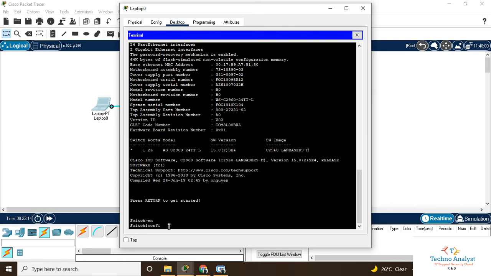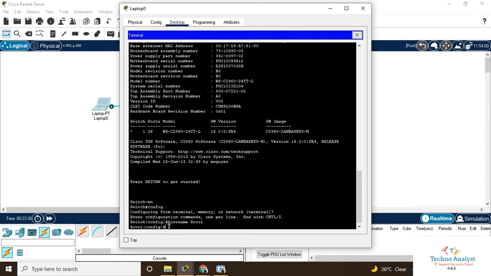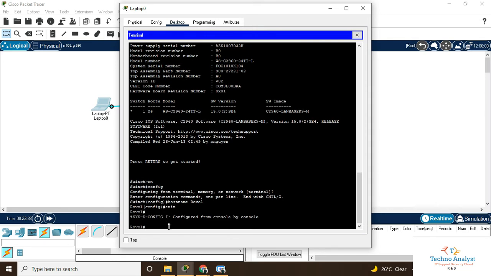Now config. In configuration mode, you can set the host name, like host name. I can give role. The moment I click enter, you can see the host name is changed. Now click on exit. Now we will save the configuration